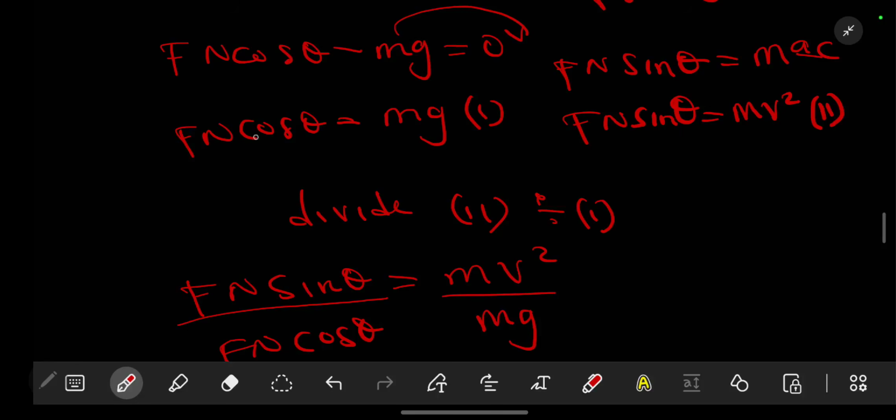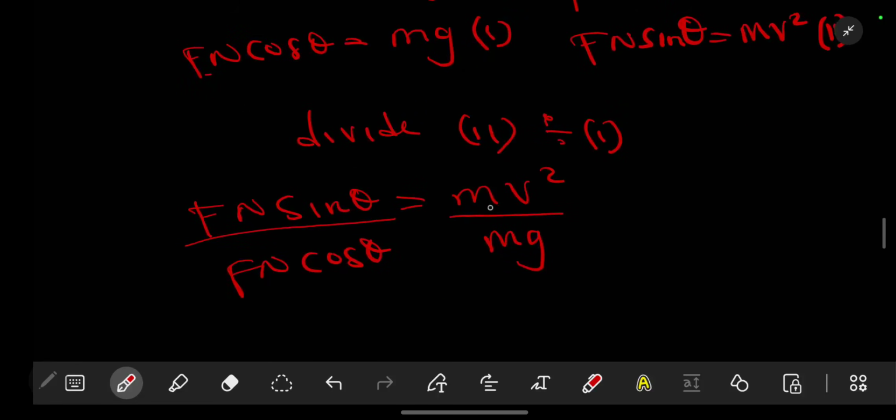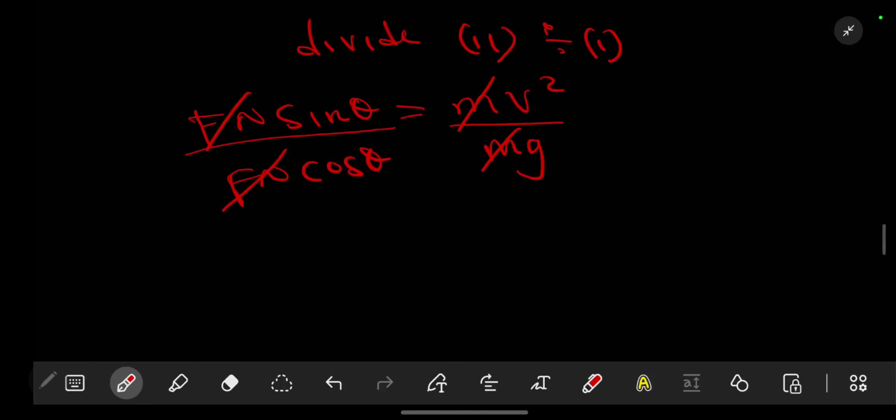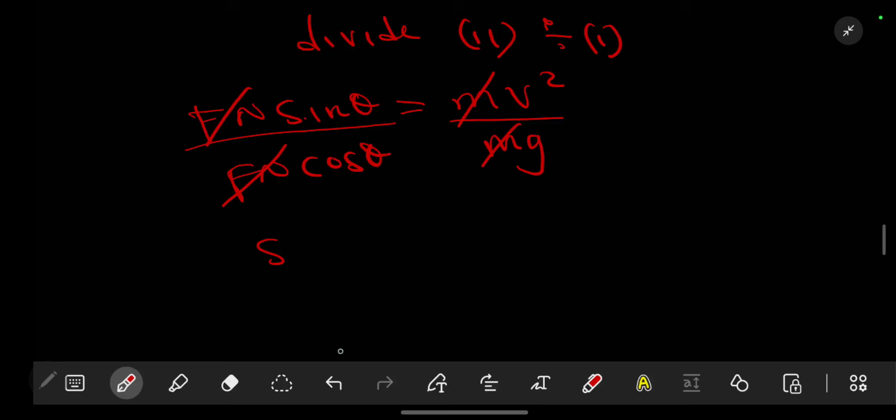There are many ways. If you want, you can make Fn the subject of the formula. So this and this goes, and this and this goes. You remain with sine theta over cosine of theta, which is equivalent to tan of theta, should be equal to v squared over